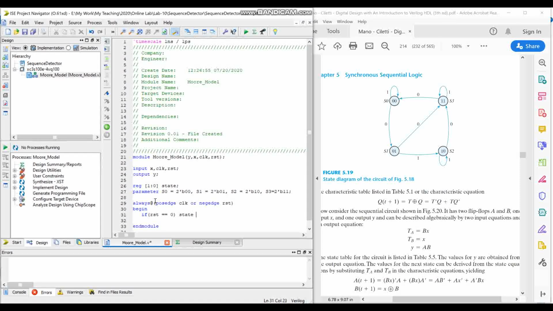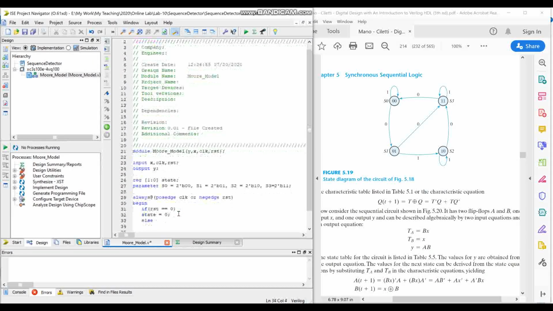So this is our reset condition. There should be no change in the states if RST is 0. And now we specify else. Maybe we can bring it here, and inside else we need to